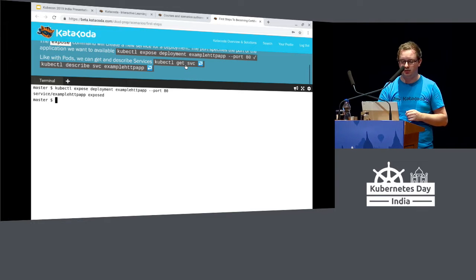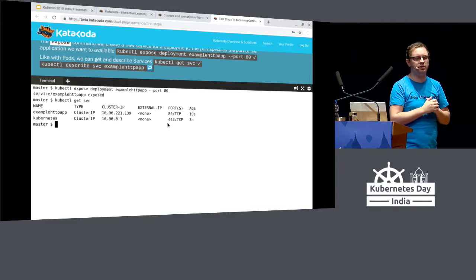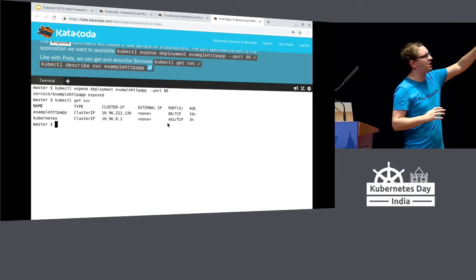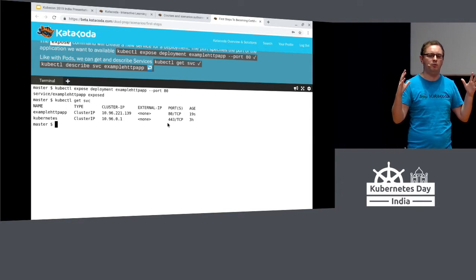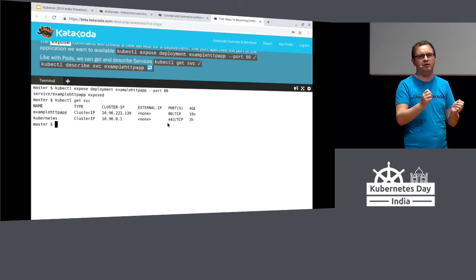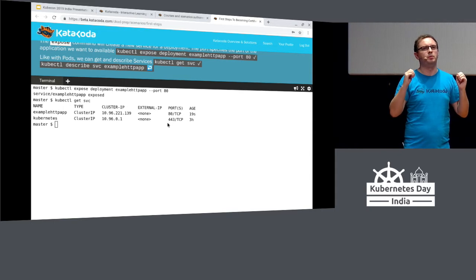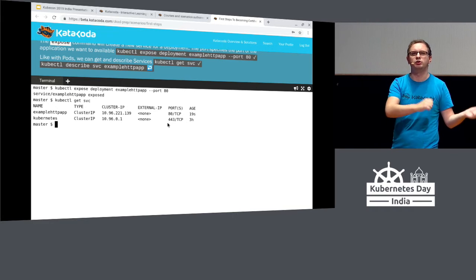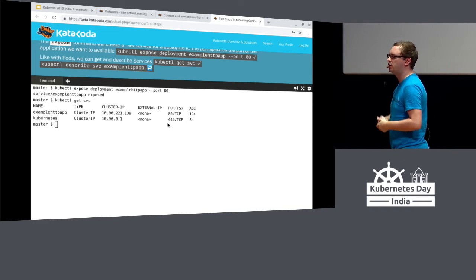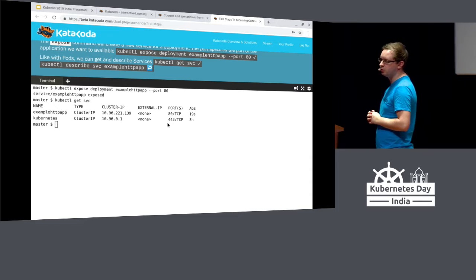And we can do get service, and can see all of the services that we've been provided. And we have that cluster IP address, that way that we have a consistent IP that we can send traffic to, and that will be routed through the Kubernetes cluster to an available pod, which will then manage our request and return us with our results.